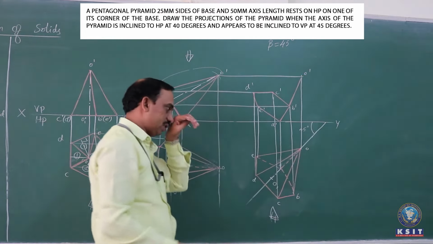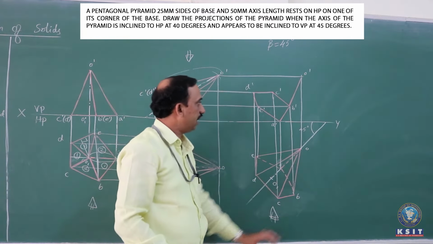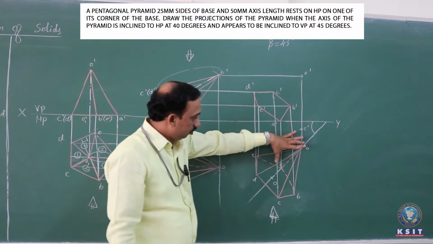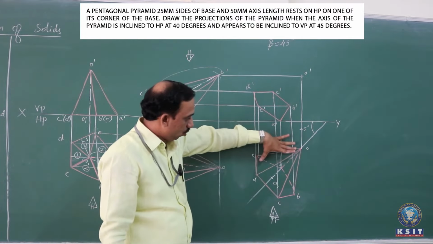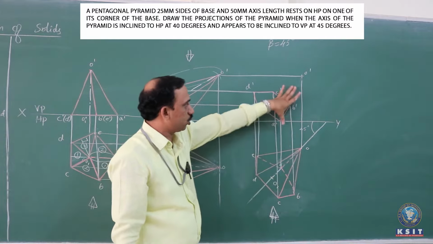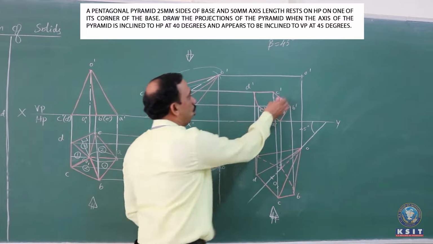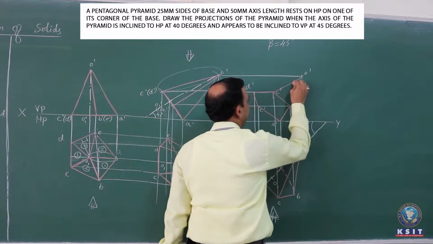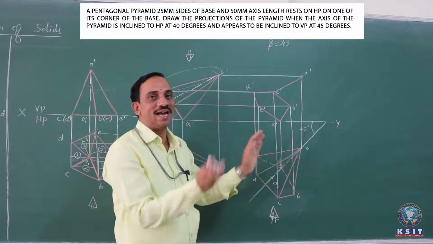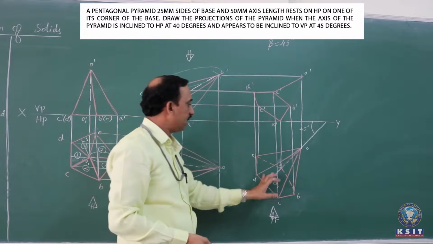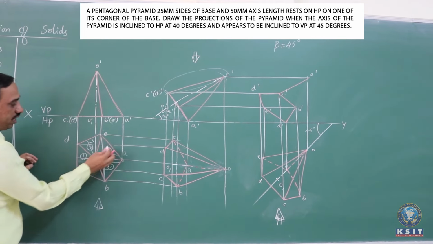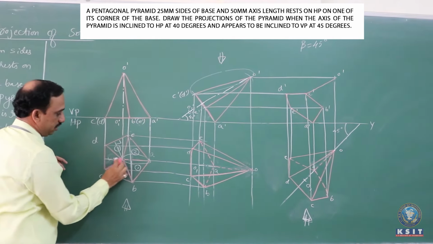So connect that. Now when the observer sees from the front, when compared to the slant edges OA, OB, OC, OD, OE, the first slant edge OC is nearmost to the observer. Make the slant edge OC visible. For this slant edge OC, on either sides we're going to have 2 triangles. That 2 triangles are given by identifying from here. So identify where is the slant edge OC. This is the slant edge OC.